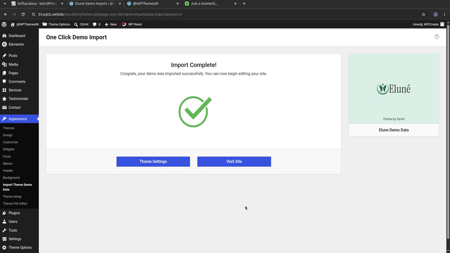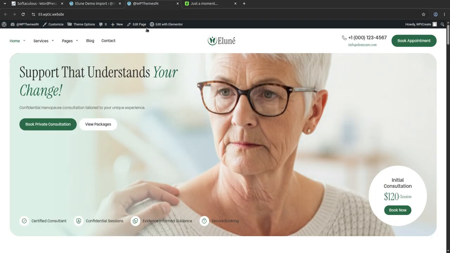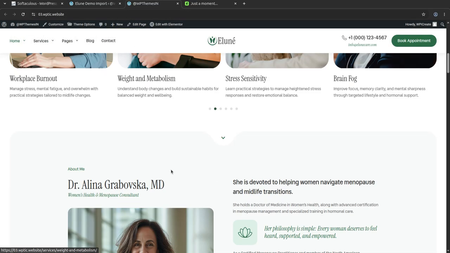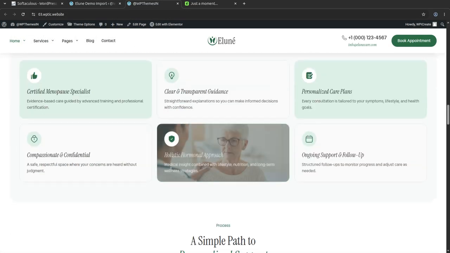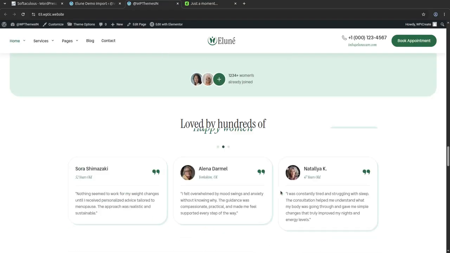Import complete. Congrats, your demo was imported successfully. You can now begin editing your site. So this is the screen which we want to reach every time when installing a WordPress theme. And my demo website is ready and it has all the elements, all the components that are required for launching